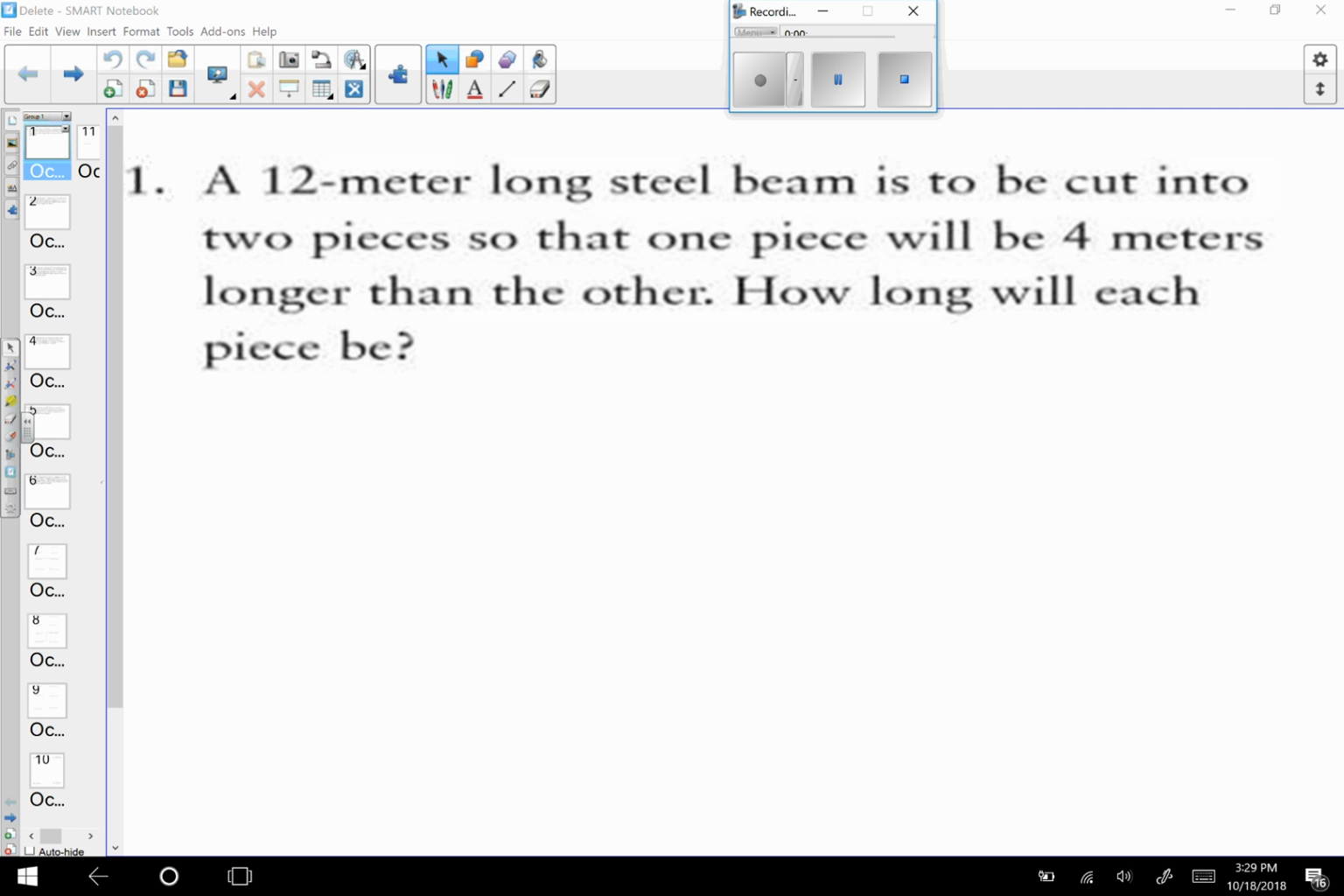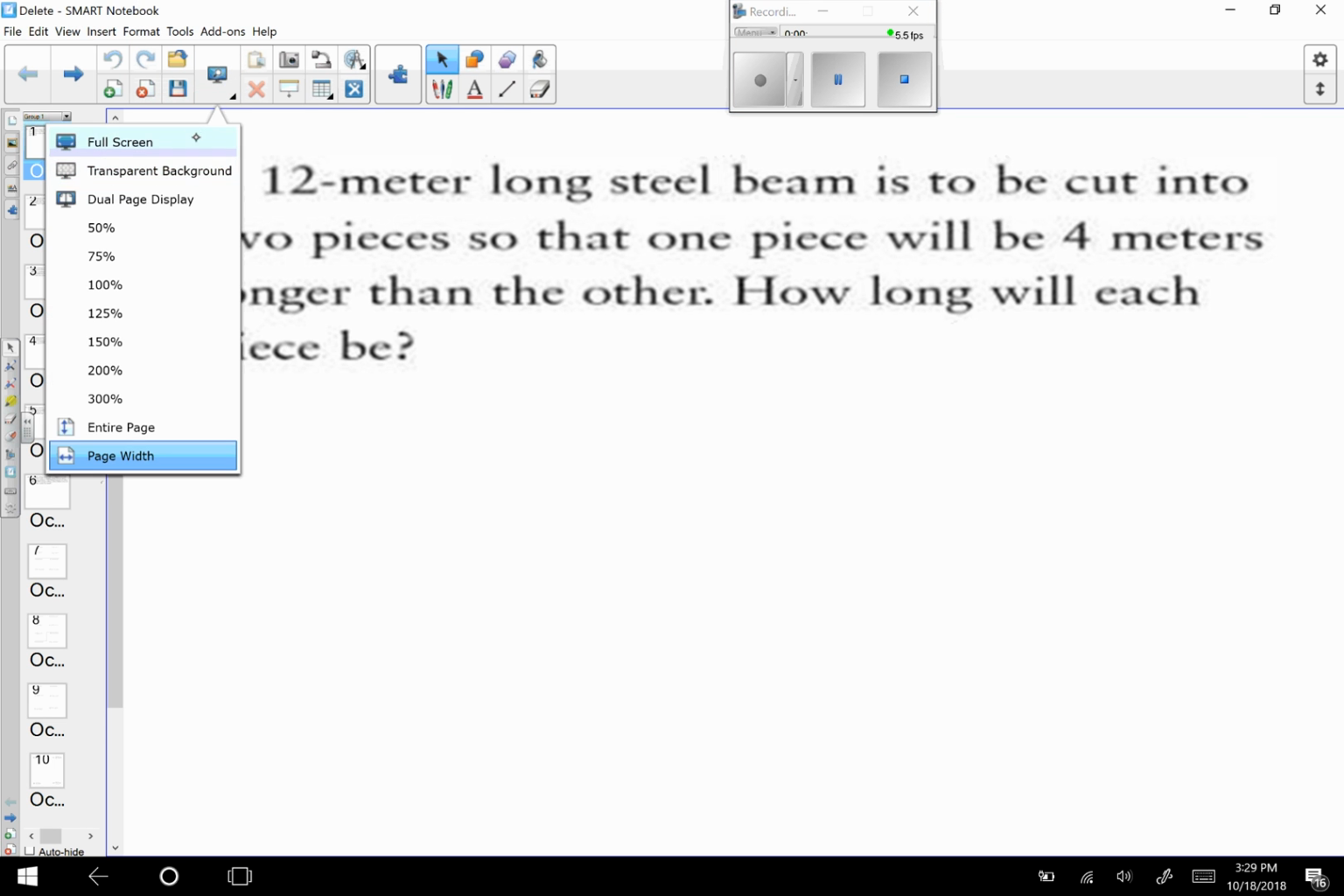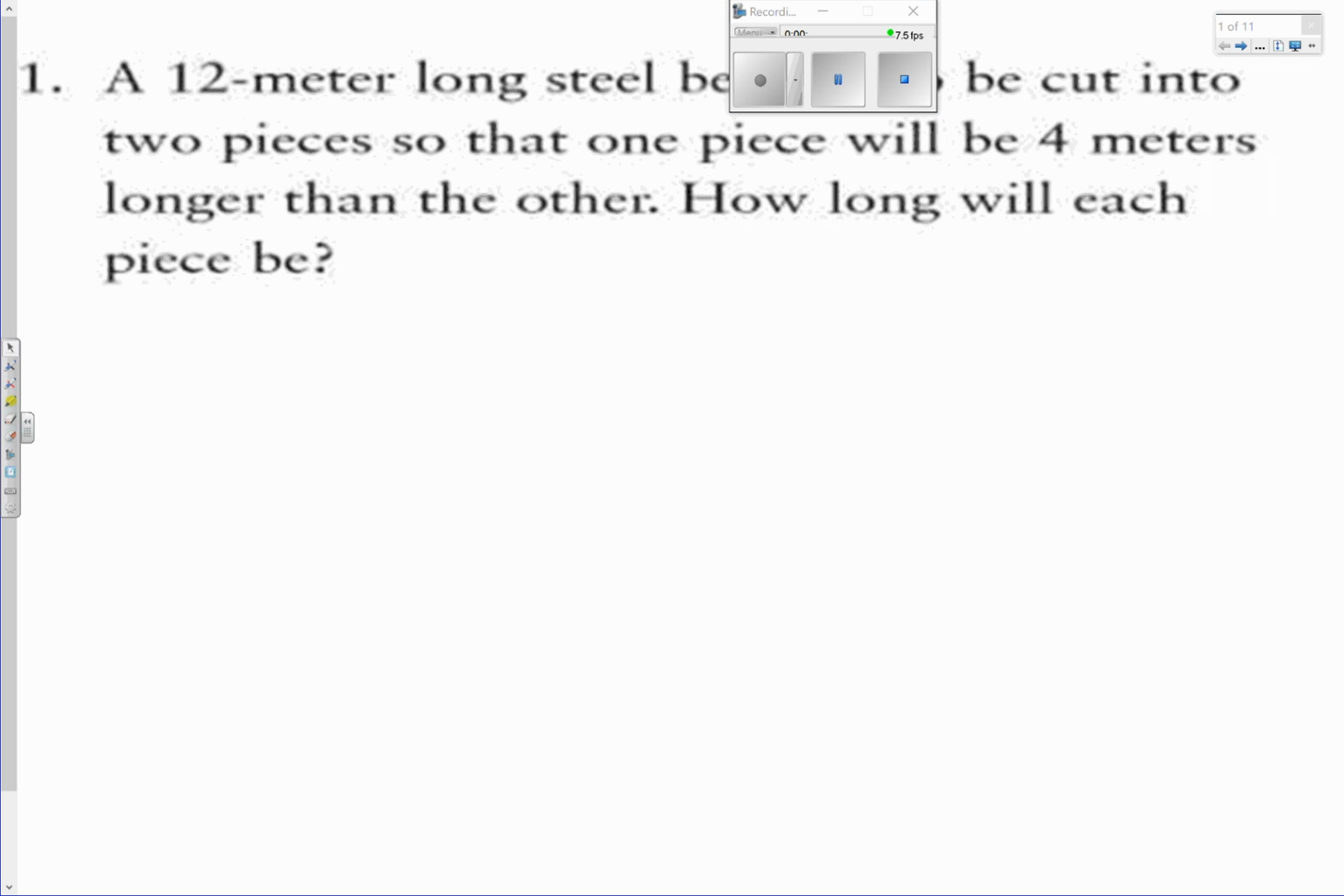All right, so we are going to go through problem by problem. So we have a 12-meter long steel beam. It's going to be cut into two pieces so that one piece will be 4 meters longer than the other. How long will each piece be? So we're going to go ahead and say let x equal one piece,